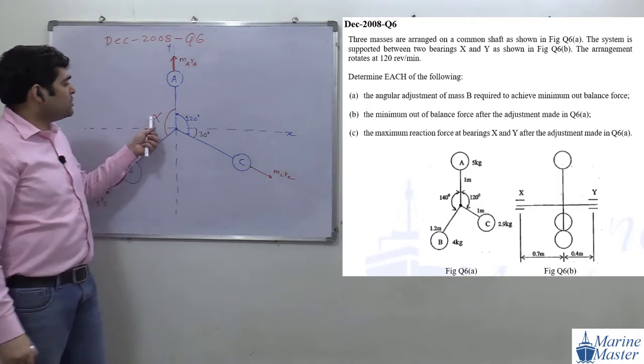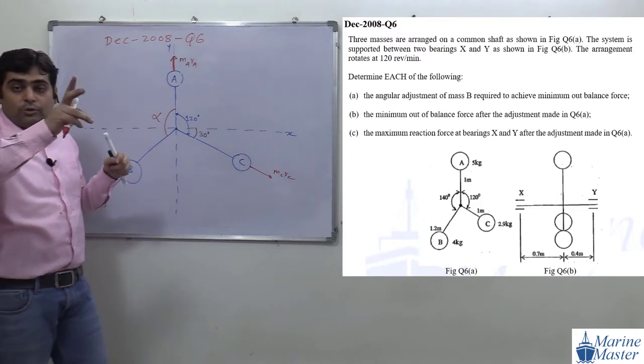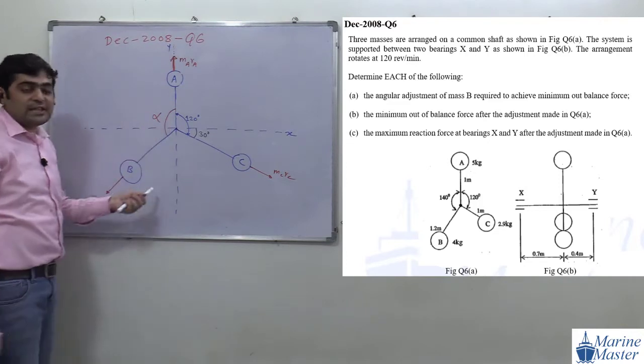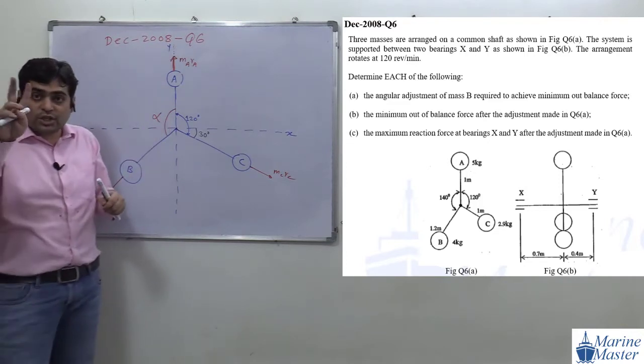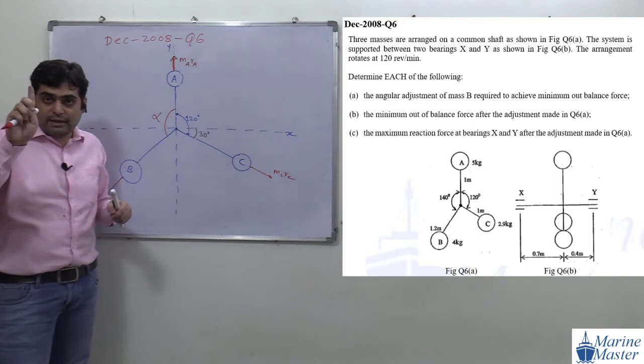So we have to find out this angle alpha, and then we have to take the initial position, which is how much? 140 degree. New position is alpha. So the difference between these two positions will be our answer of A part. See the point here, everyone. This discussion is very, very important.